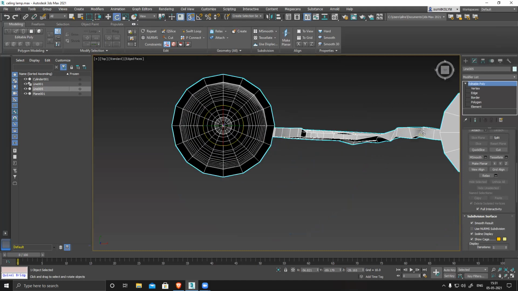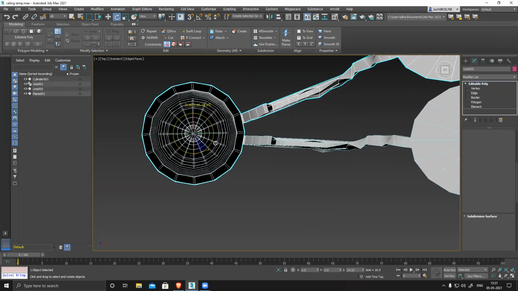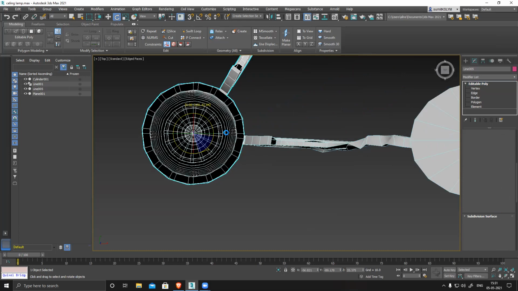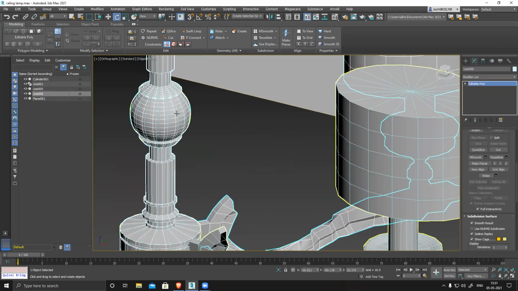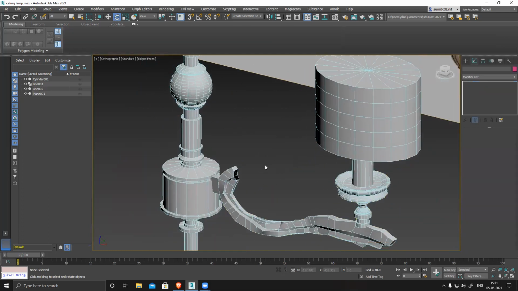You can see from top view how it looks, entirely messed up, right? So you have to redo this entire thing, that's why I told you. Now you can see if I rotate and duplicate this, it's duplicating my center rod also, plus this lamp also. That means I have to delete this,